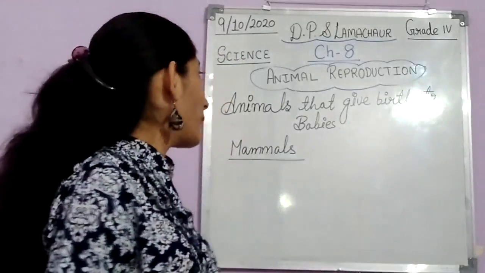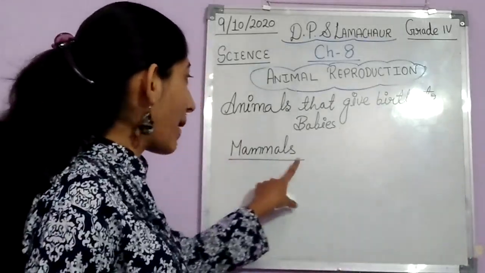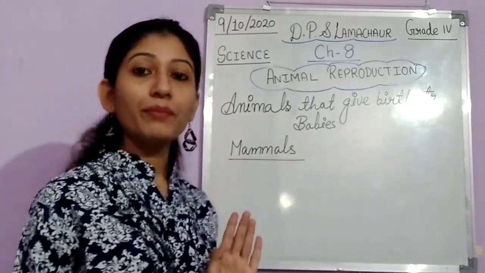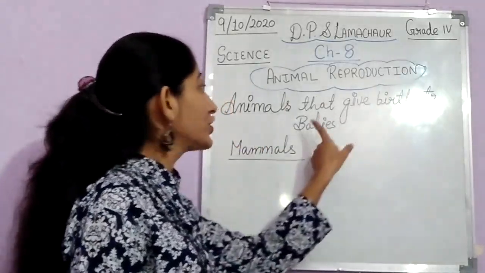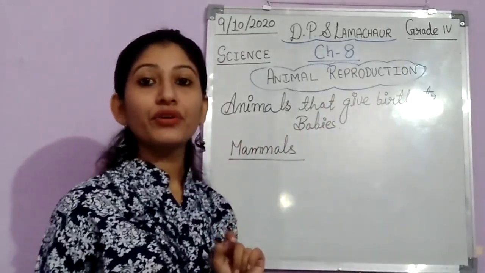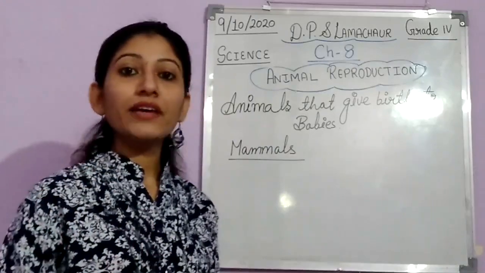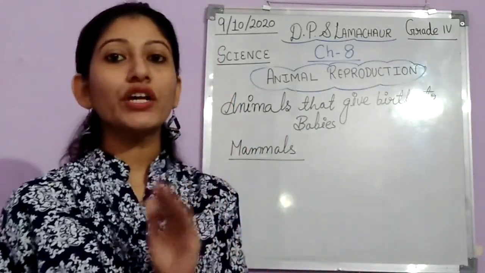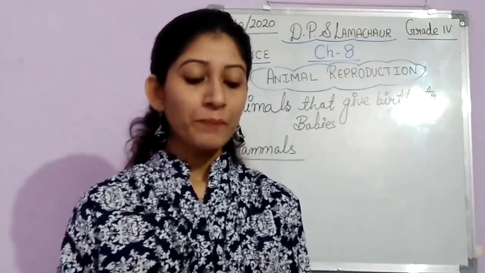Now, before discussing this topic, animals that give birth to babies, you have to remember one word, that is mammals। आपको mammals याद रखना है। Mammals क्या है? अब you all know now। अगर आप भूल गए थे तो again I have told you। So अब इसको यहाँ से कनेक्ट करेंगे। Mammals give birth to babies। We said animals that give birth to fully formed young ones are called mammals। So simply we can connect it like this, that mammals give birth to babies। एक सिंपल सा सेंटेंस हो गया कि जो mammals होते हैं वो किनको बर्थ देते हैं? वो fully formed babies को। Okay, now see,